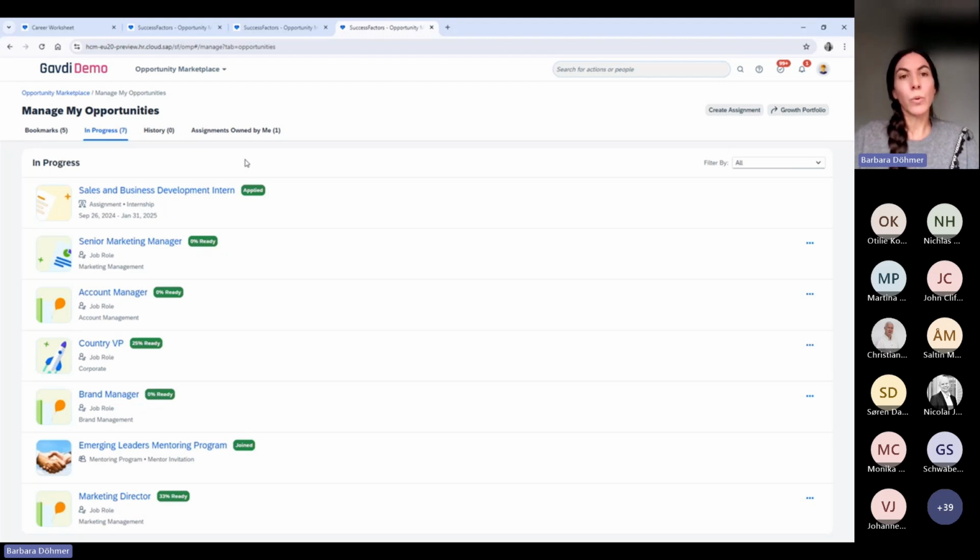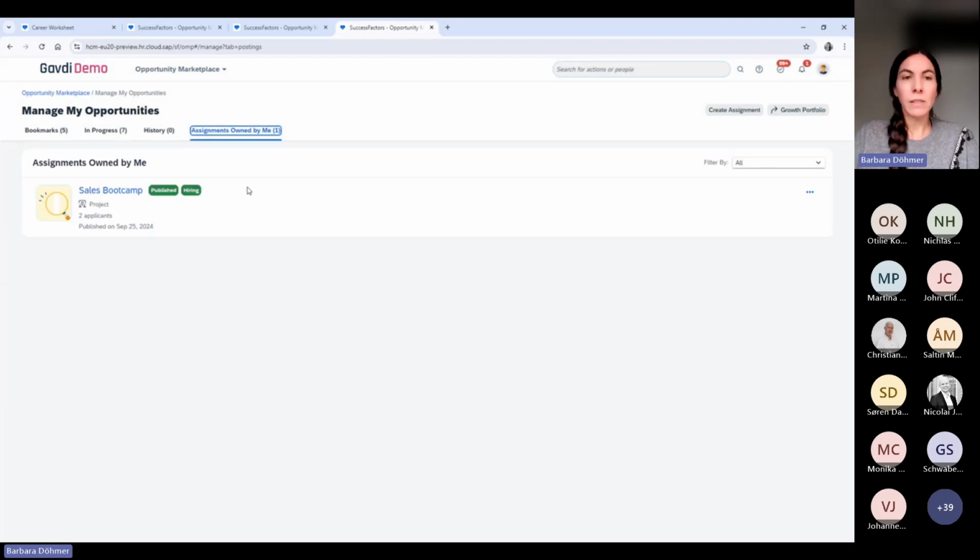I could also create assignments. So if I show you this, I could create an assignment, wait for people to apply, and review the applications to make sure that we get all the people interested in joining this assignment, and then of course kick off this assignment as a practical experience.